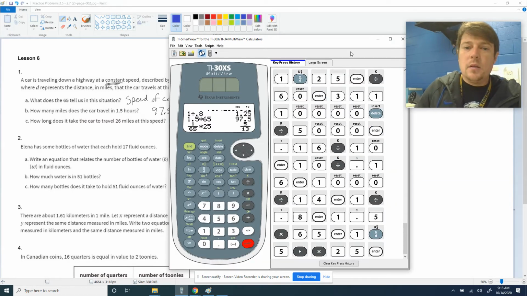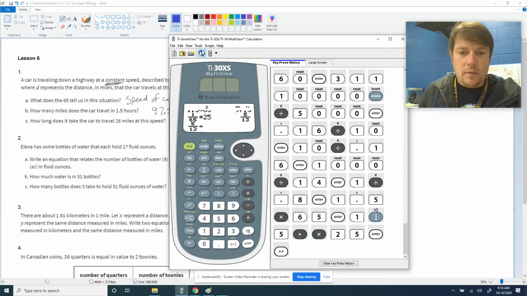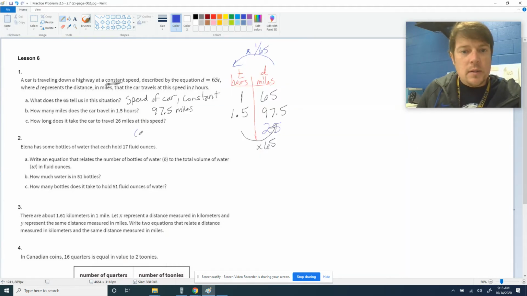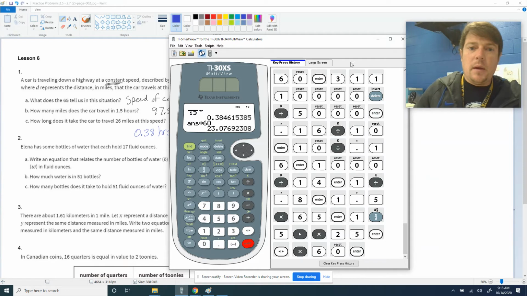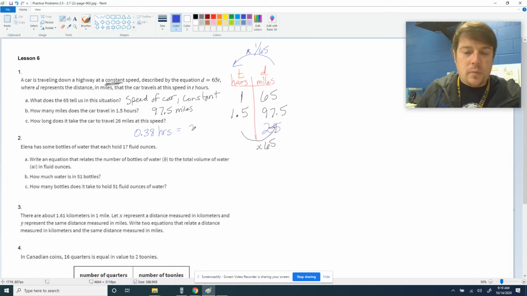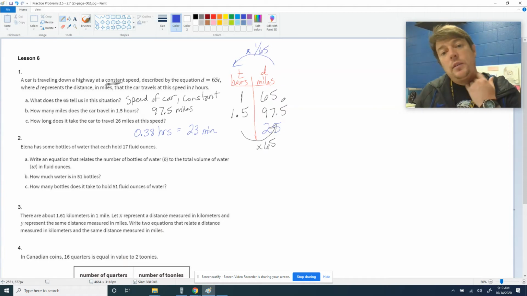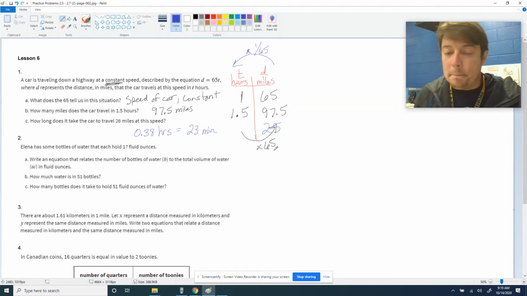And that is 5/13. All right, let's convert that to a decimal. Let's round that to about 0.38. I like hundredths. So about 0.38 hours, which is equivalent to, let's go ahead and convert that, times 60, because there's 60 minutes in an hour. It's going to be about 23 minutes. About 23 minutes to go 25 miles, which makes sense. At 60 miles an hour, you'd go a mile a minute. Number 2,